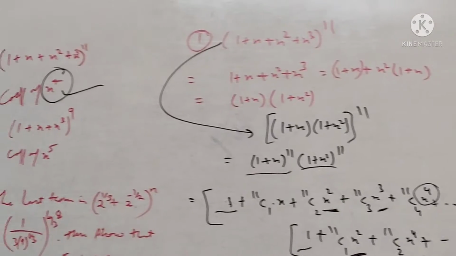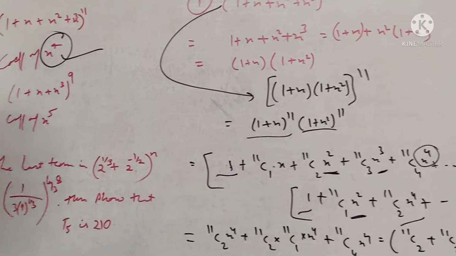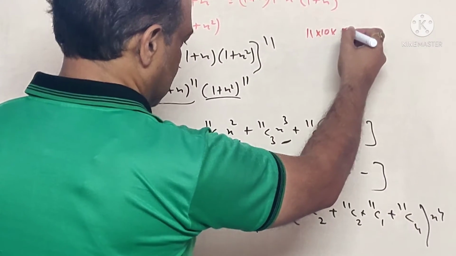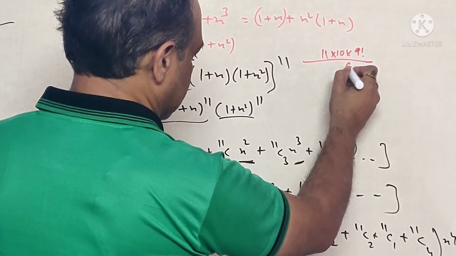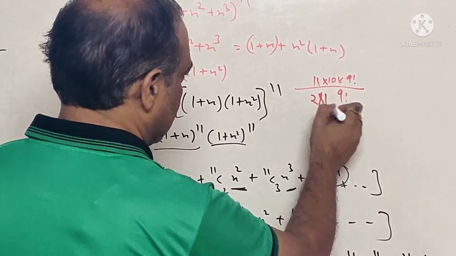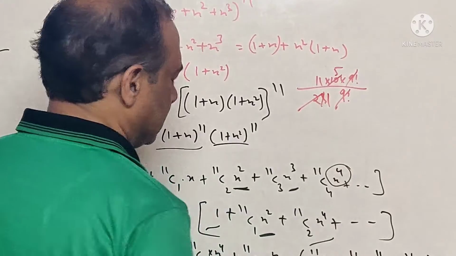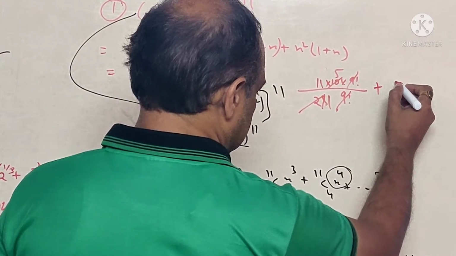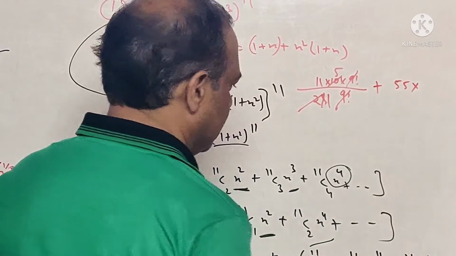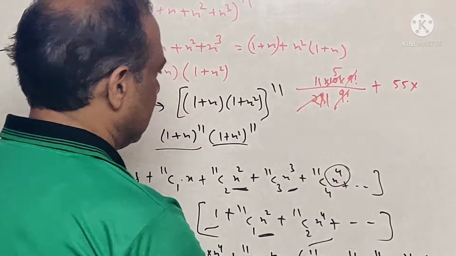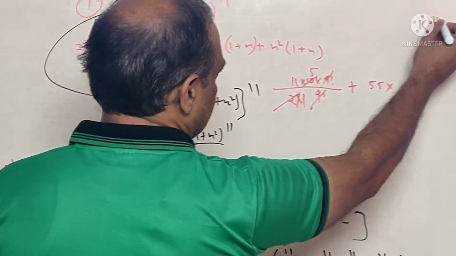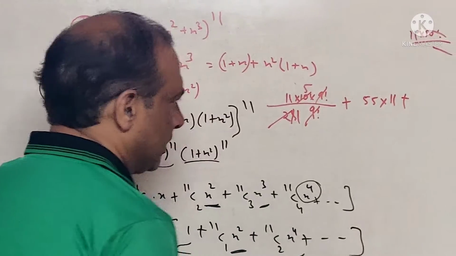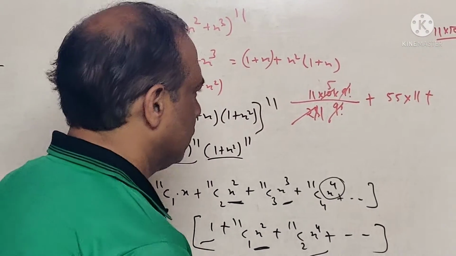Okay. Now how much is 11C2? You can say 11C2 is what? 11 factorial over 9 factorial into 2 factorial, that is 11 into 10 into 9 factorial over 2 into 1. 9 factorial can cancel. 2 into 10... Clear? Plus again you are having 11C2, 11C2 will become 55. Clear? Multiply by 11C1. How much is 11C1? 11C1 is 11 into 10 factorial over 10 factorial, the 10 factorial cancels. You will have 11, plus here 11C4. At 11C4 what we are having?